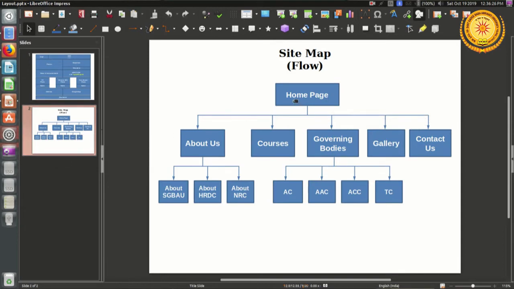This is the site map. So home page, under the home pages, these 5 pages will be there and these pages will be linked around this. So right now what I will do, I will create these number of pages. So about us,